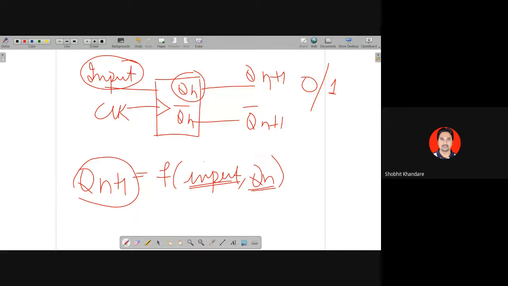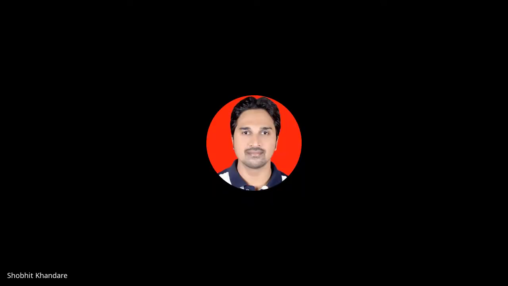The other meaning of that is, when the output of this flip-flop is 0, that is Qn equals 0, then at Qn bar you will have 1 because it is a complement. And whenever the output of this flip-flop is 1, then at the output of Qn bar you will have 0. Then it stores 1. Okay, so in that case, I can say this flip-flop is a bistable multivibrator.